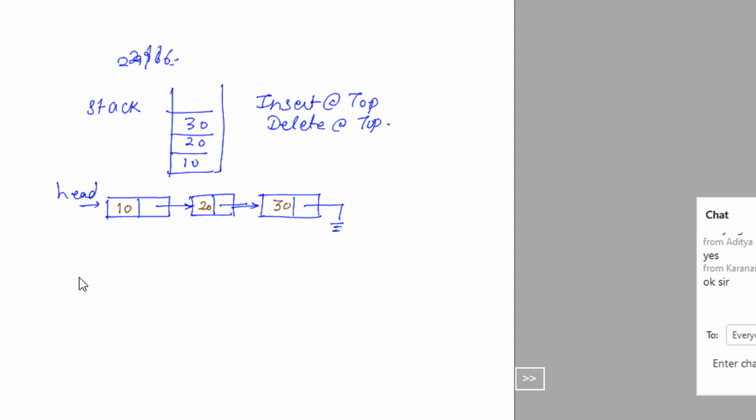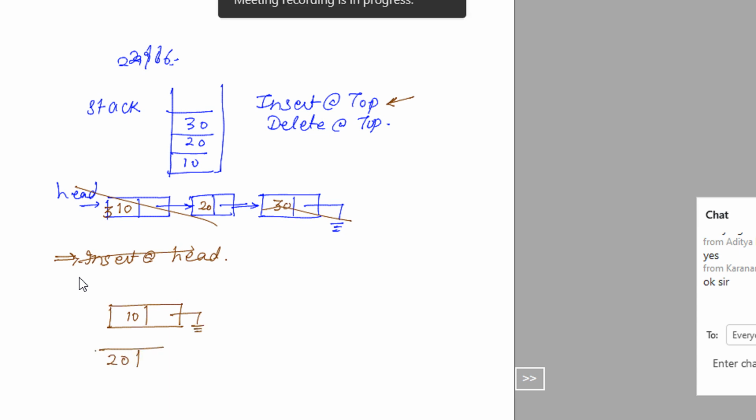You have done linked lists, inserting at the beginning and inserting at the end. Now see what happens here. If you want to insert something at the top, it is equivalent to inserting at the head node. So let's say this is a stack, 10, 20, 30. Basically it will be reversed actually. Let me draw it again. First 10 is inserted, then after 20 comes, it should be like this.